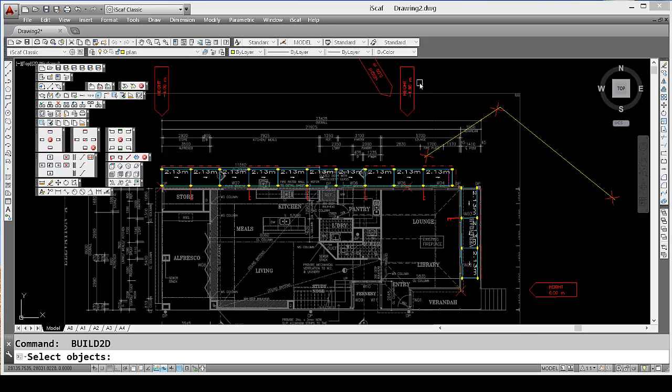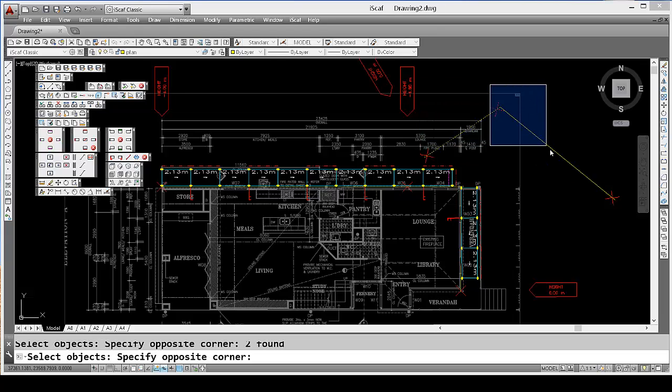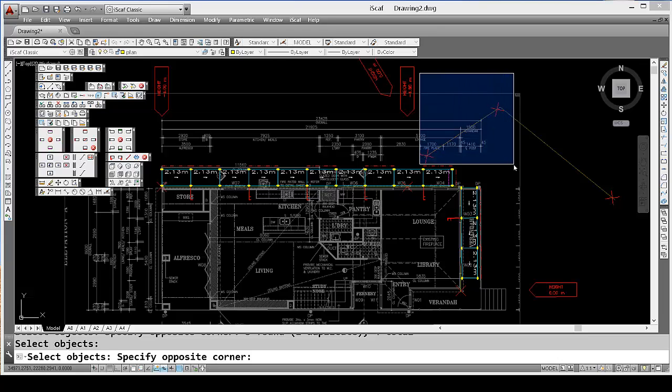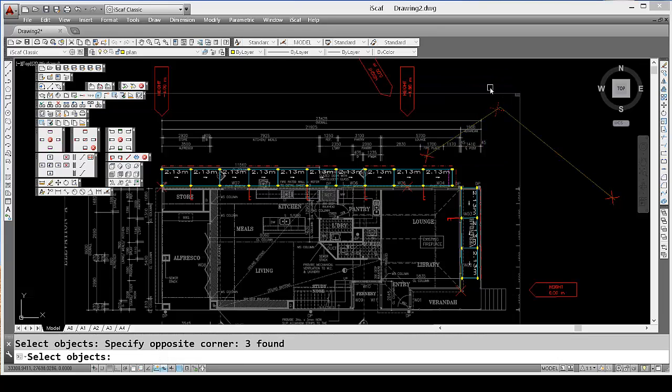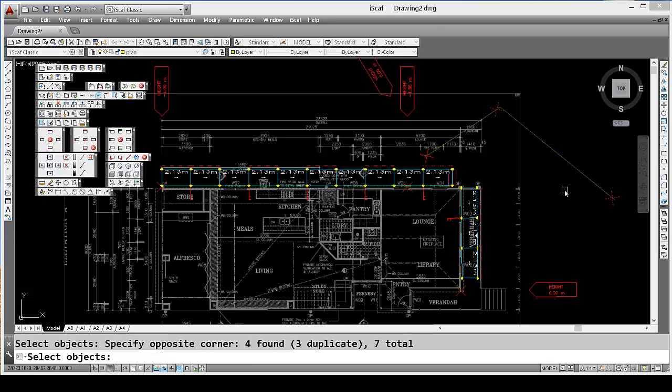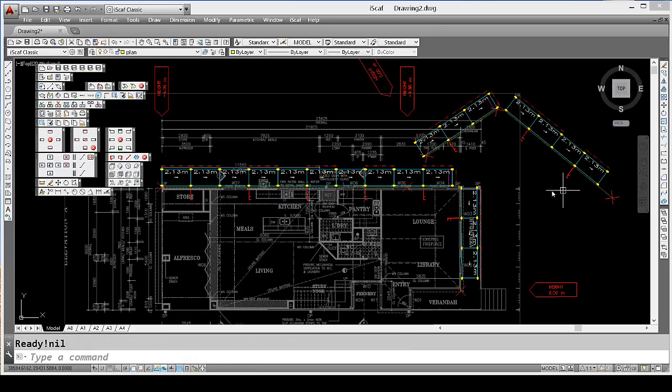Build plan, and I window. This time I need to window it in 2 steps to get around those other bays there. So I've windowed those other ones, and I'll do the same thing again to make sure that I can select the sloping ground. Just make sure that that's selected and right click. Now of course I can continue to edit these bays as I normally would, so I can